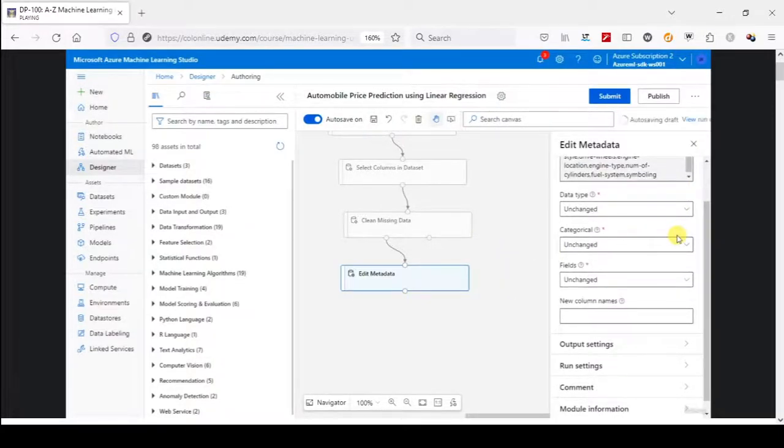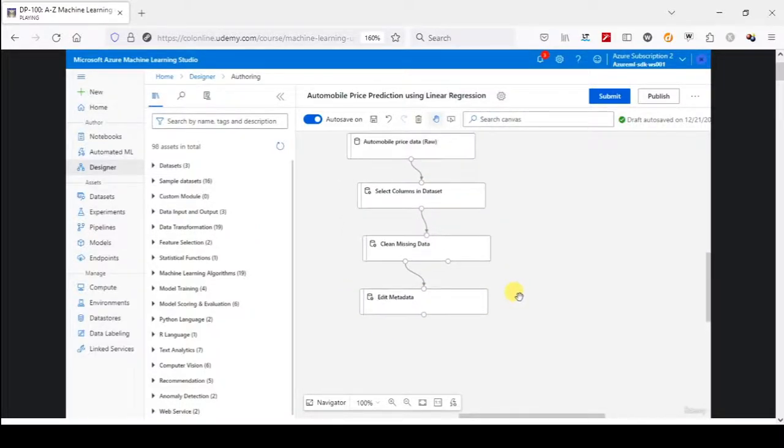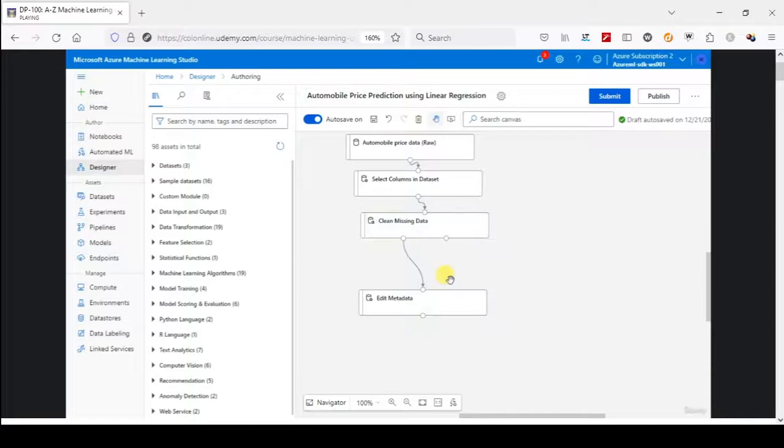But we are not done here yet. We need to change them to categorical. So click on this drop down by the same name as that, and choose categorical. Great. Leave rest of the values unchanged. We don't want to change their data type, or even don't want to give any new column names also. That's it. Great. And now one last thing we need to do in our data processing step is to split